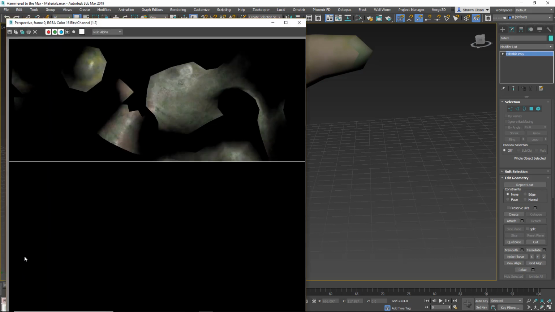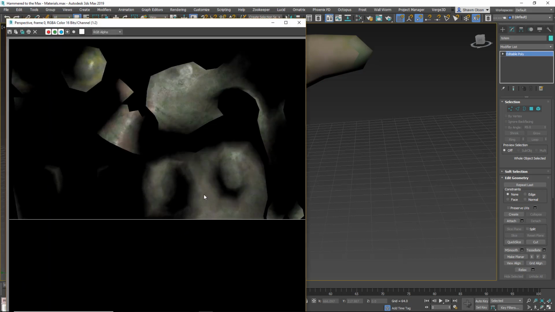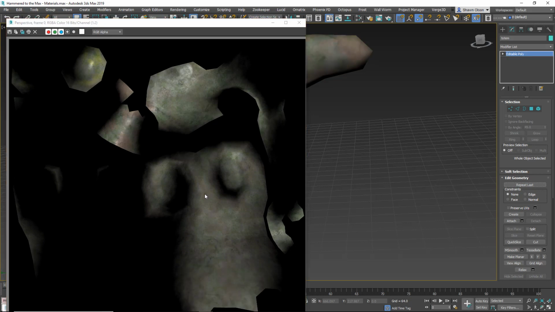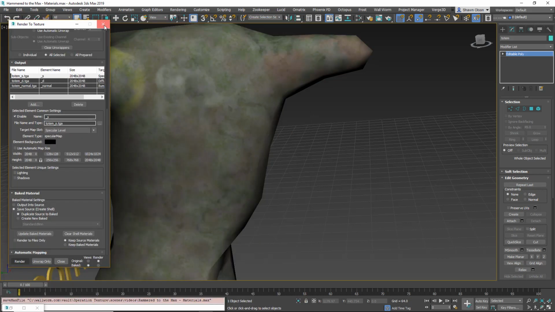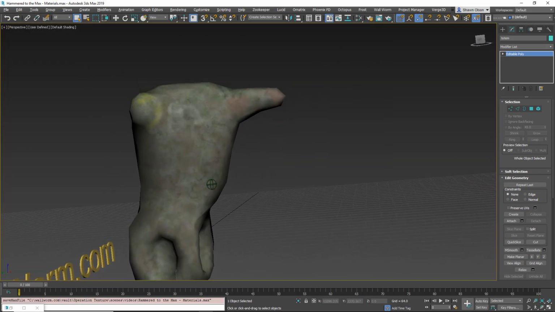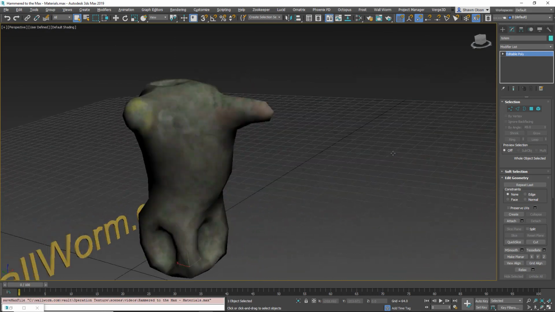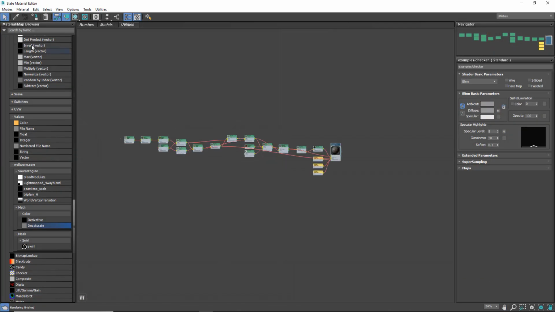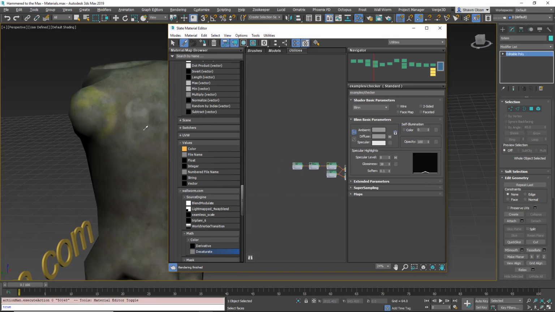Now, when you see it rendering out here, it's going to be a composite of the final output, which includes the diffuse, the specular, and the normal. You'll notice that now in the viewport, we're seeing the final results that is the baked texture on here. If we open up the material editor and we click the picker tool, we can pick this